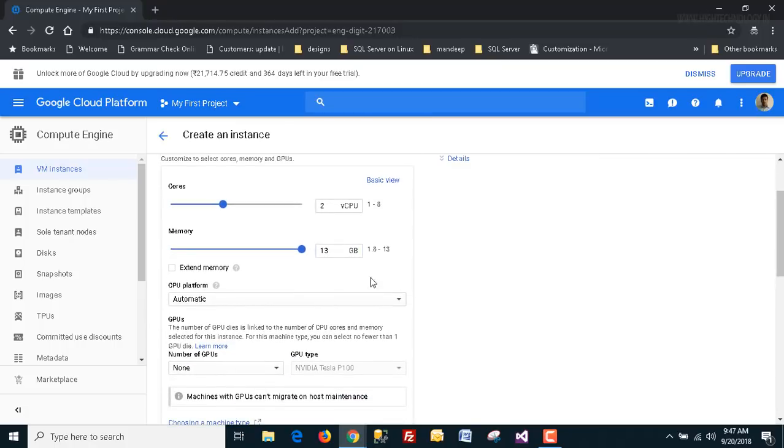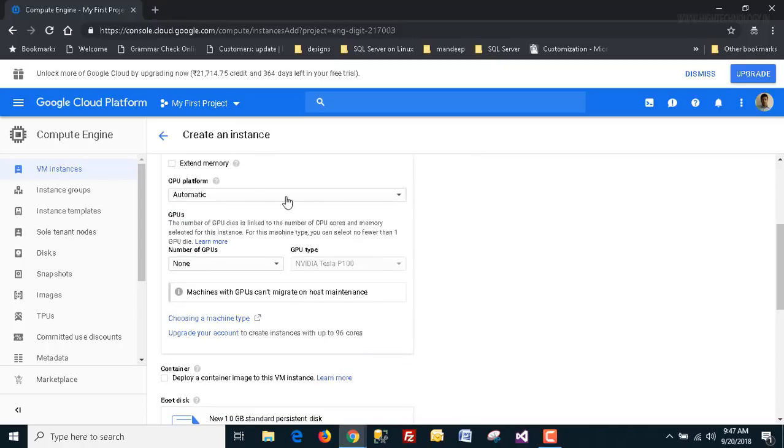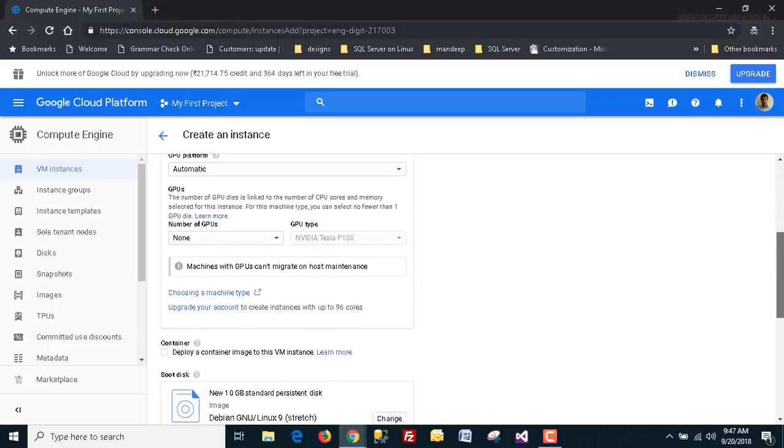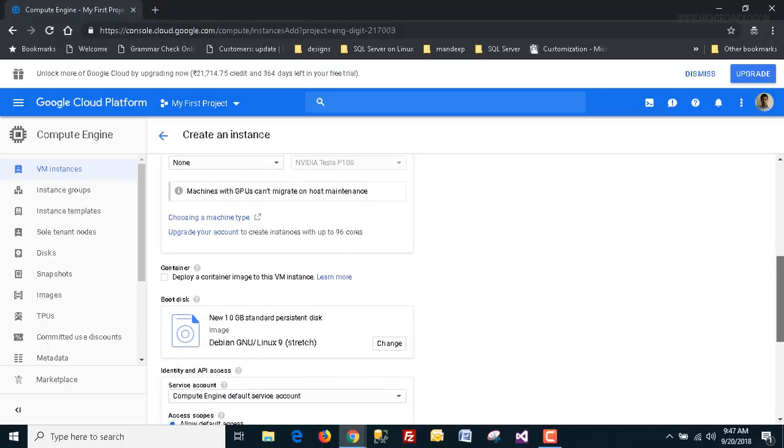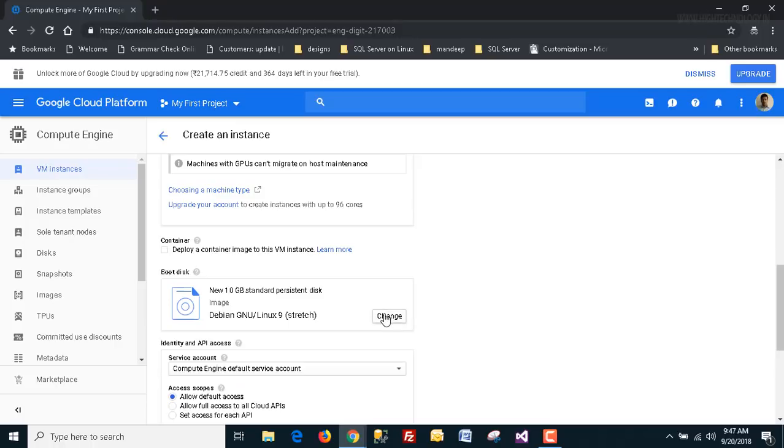If you want to extend, you can check this checkbox and you can extend it, but I'm not extending it as 13 GB is more than sufficient. In the CPU platform I am giving it the automatic, that is chosen by default, so I am just leaving it blank. On the boot disk just click on change,